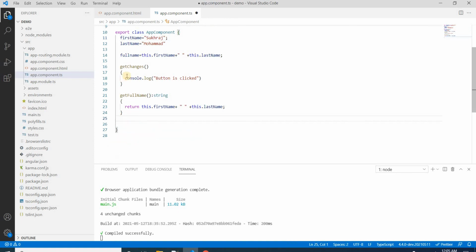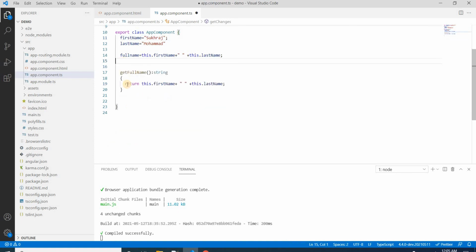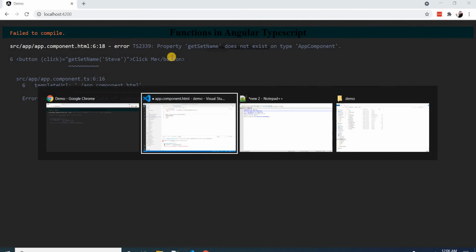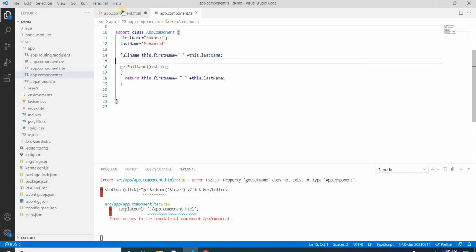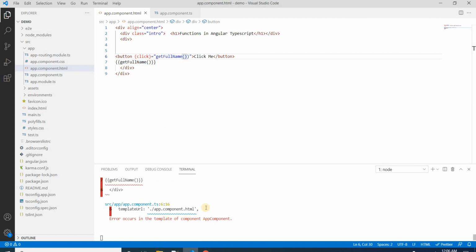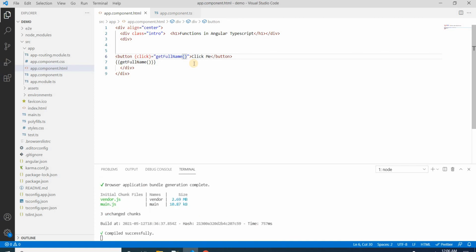Let me remove this one as well as this one for more clear understanding. To resolve the error, let's remove this one as well. It is saying in the component there is still one error. Okay, now it's working.